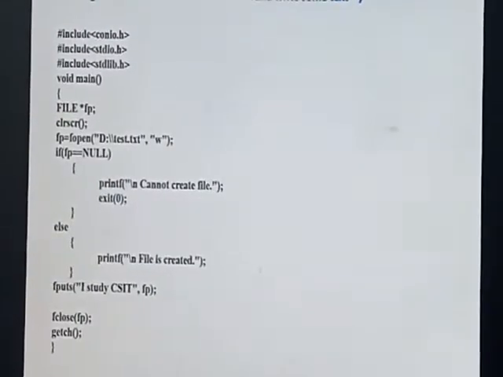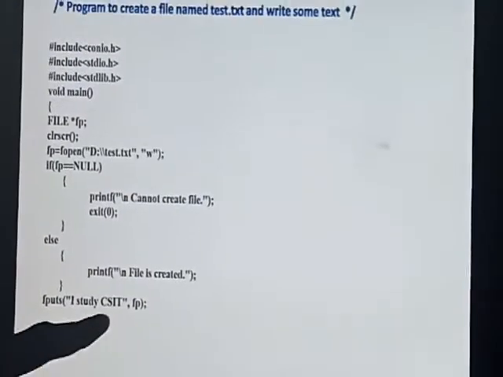So, next program. Previously we had read and write, and here I am going to open the file in append mode. The existing string is nothing but "I study CSIT". I am reading the same file test.txt, and the same text file is appended, so with that I am going to append the string "in CAB".